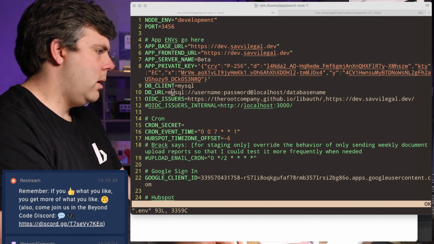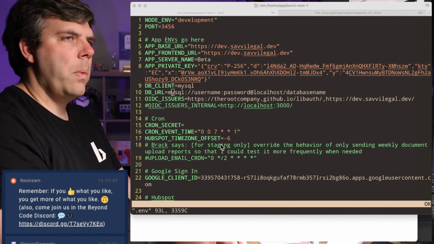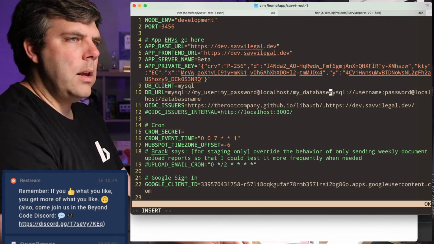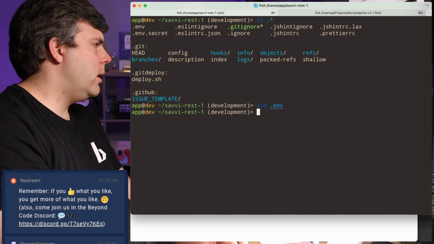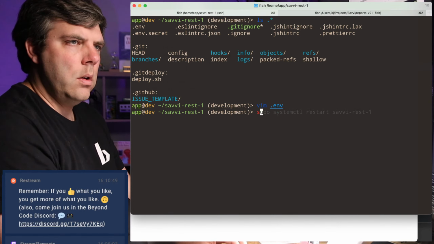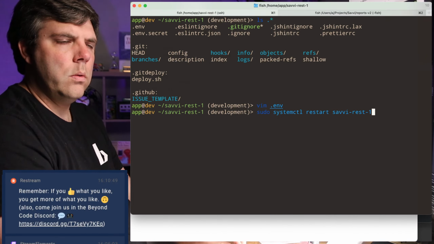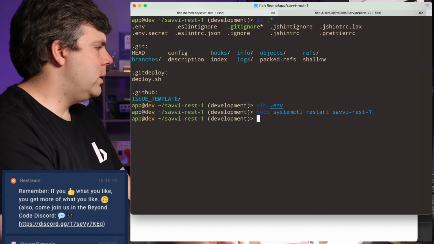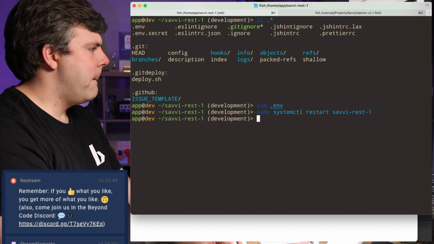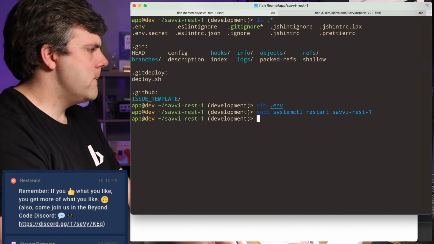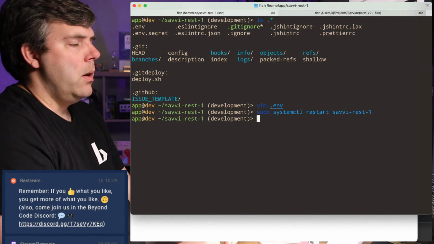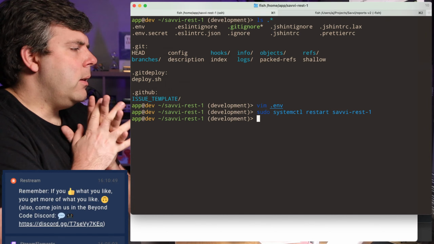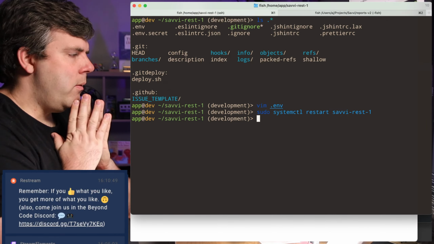Okay, I think. A little confused, but it looks like the dev one is supposed to be that. So I'm going to try restarting it one more time. Okay, sudo restart. It's restarting. Okay, now it looks like it's working. So I got to remember that. I'm going to have to update the deploy process to not overwrite that environment file.